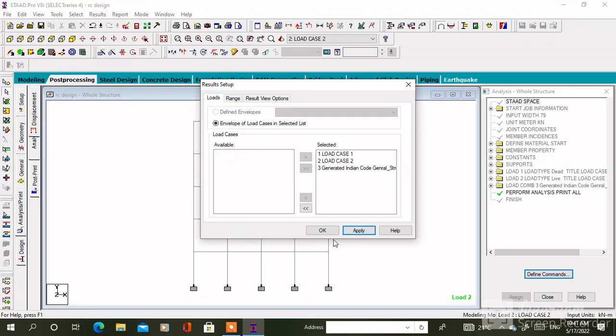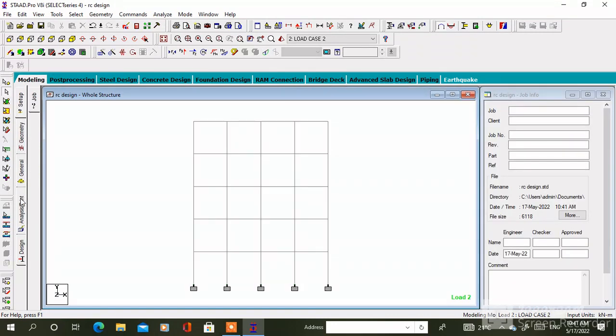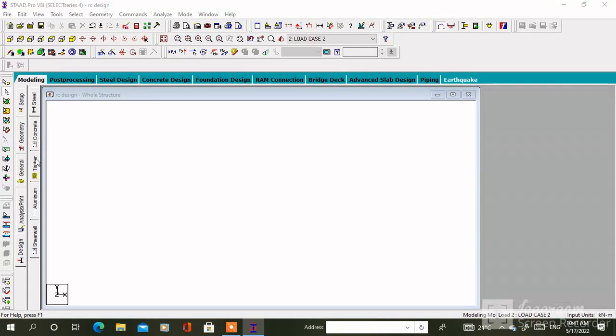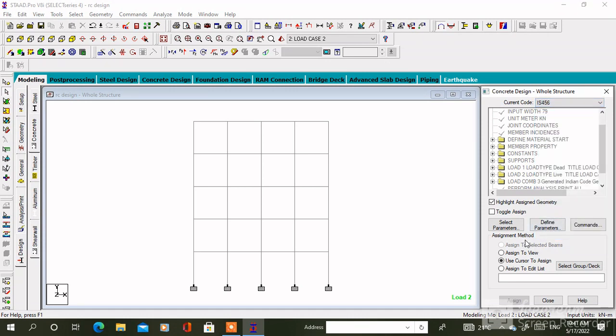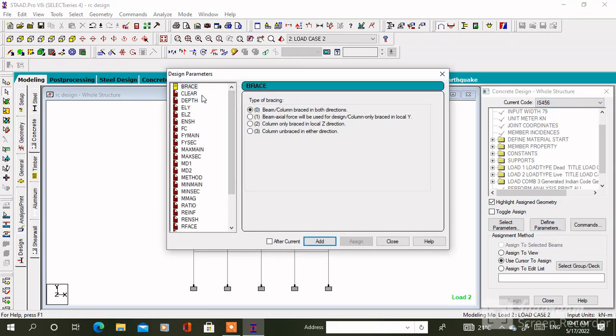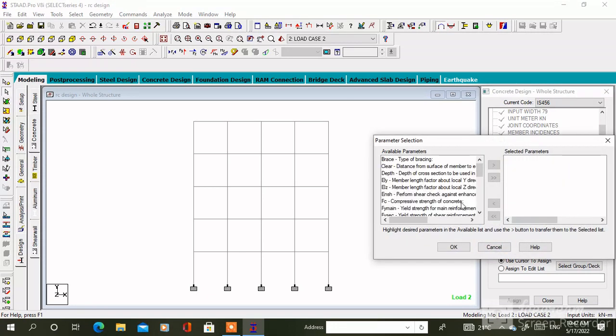So we have completed the first part. Now we can start the design part. Click on the design, then click on the concrete, then select the Indian code IS 456. Then click on select parameter, deselect all the parameters, then select only these parameters: the clear cover, compressive strength, yield